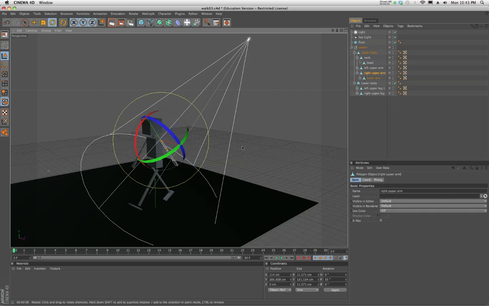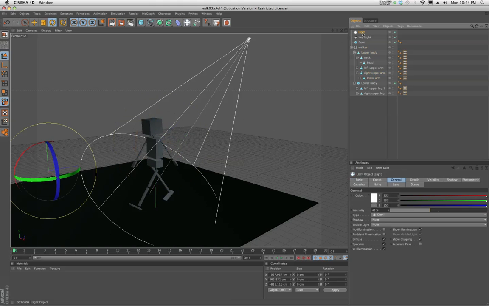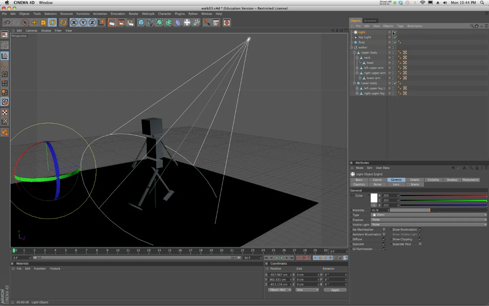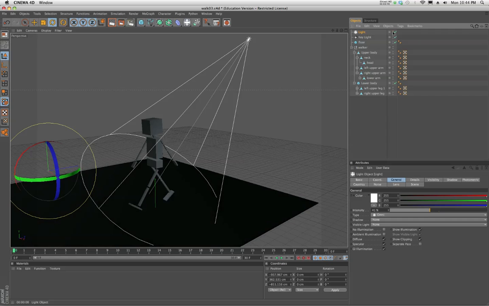One thing that I'm seeing that's a little distracting is that my key light, I don't like the way that it's showing up. It's displaying its light cone. Now, I have a couple of different strategies for controlling my environment. A really simple way to control this is that I have my light inside the scene, and there are these two little, what's called stoplights, like a traffic light. There are two little bullets that sit on top of each other, these two little gray icons. The top one, if I click on it, it'll turn green. If I click on it again, it'll turn red. And what that does is that tells me that